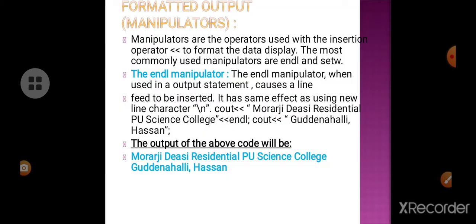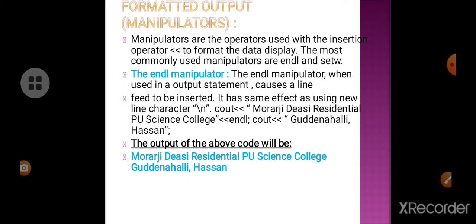In today's class, let us discuss the formatting of output. Today's concept is formatted output. What do we mean by formatted output? Manipulators come into the picture.